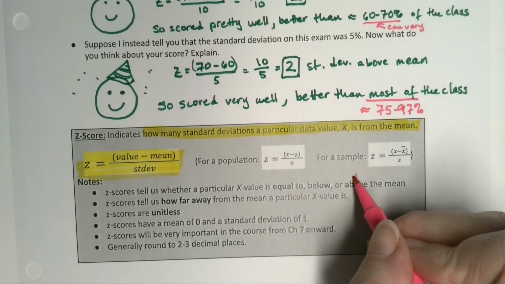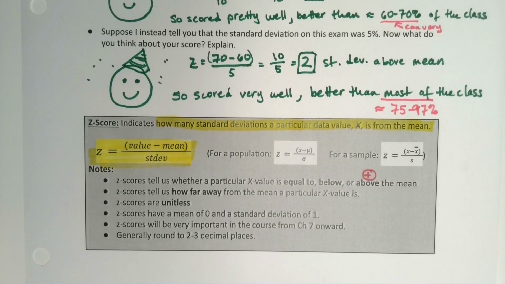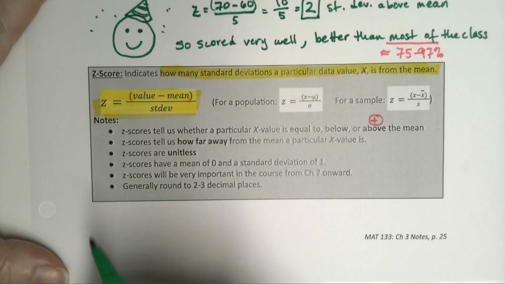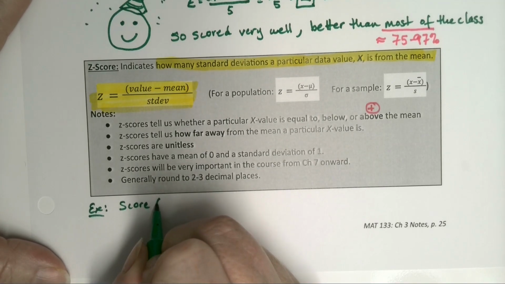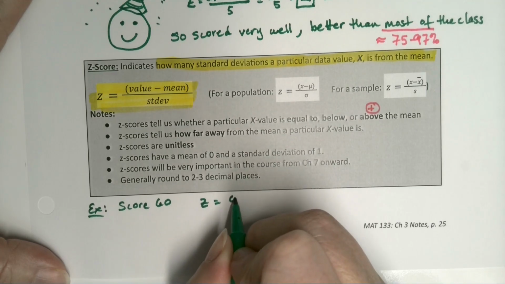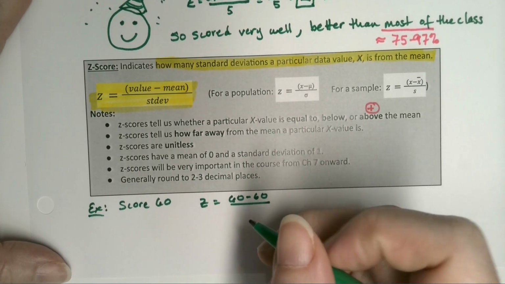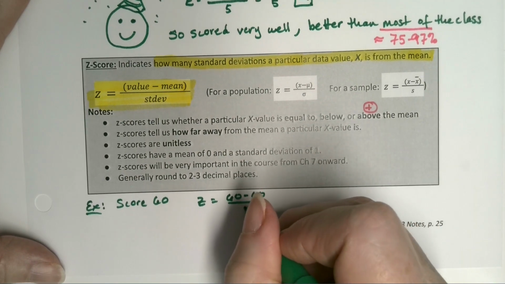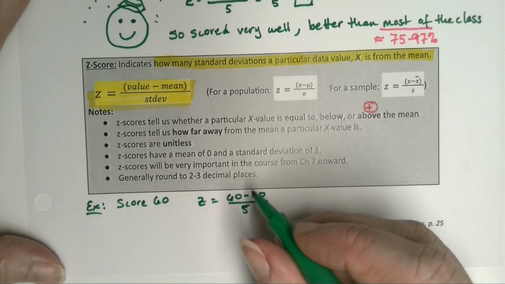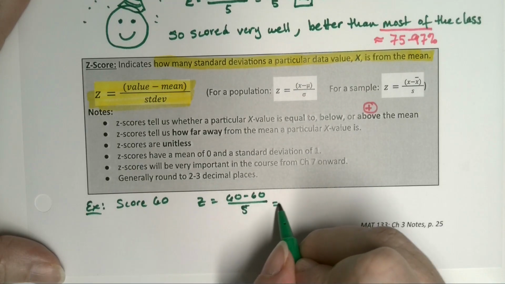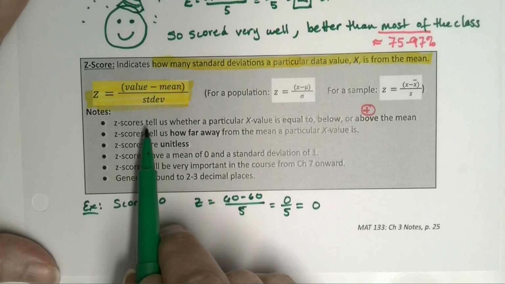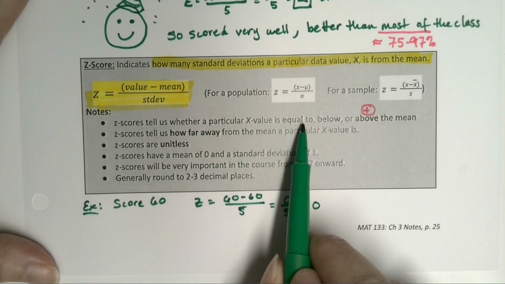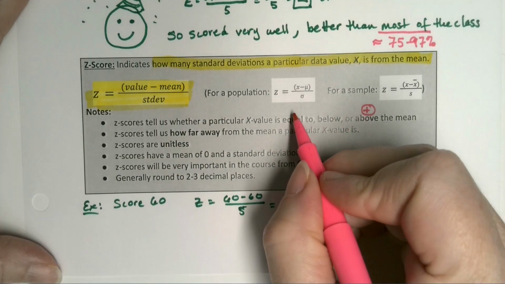So if your value is positive, it means you're above the mean. Now, what about being equal to the mean? How would that work? Well, let me just give an example down here. If you scored the mean, if your score was 60, then the z-score would be 60 take away 60 divided by 5 or 10. It doesn't really matter which one's the standard deviation. I'll divide by 5. It doesn't make any difference. So then 60 take away 60 would be 0. And 0 divided by 5 is 0. So your z-score can tell you whether your value is equal to the mean, because if it's equal to the mean, it is 0.